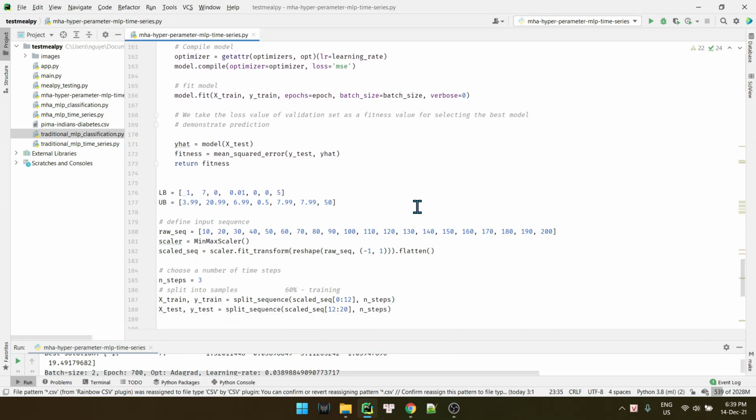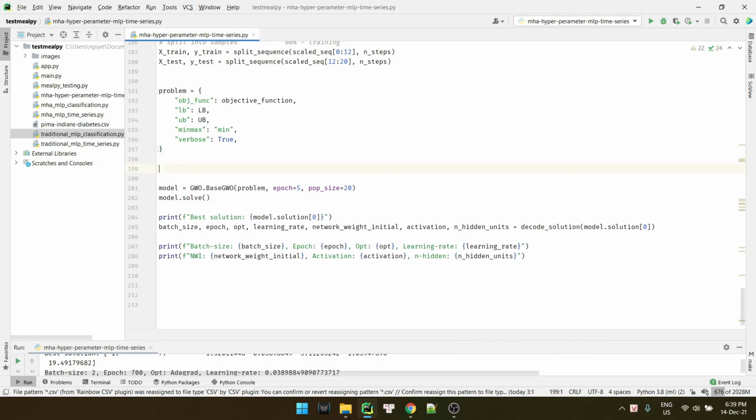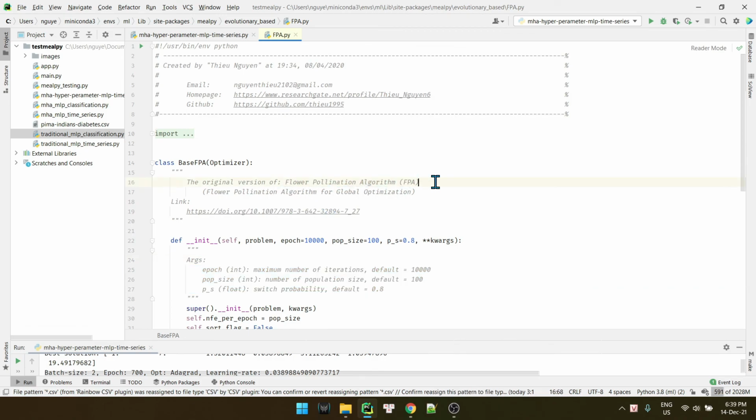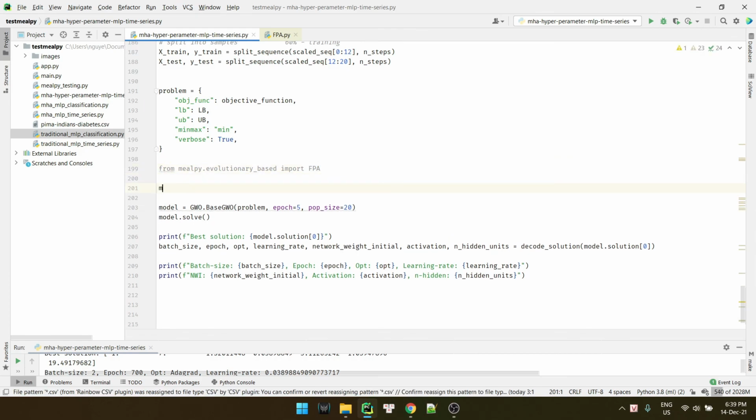So if you guys want to use a different optimizer, a different metaheuristic algorithm, just import and use it, like from the evolution module import whatever one, for example the flower pollination algorithm or something like that, and you do it the same way: model, then the optimizer, FPA, right?